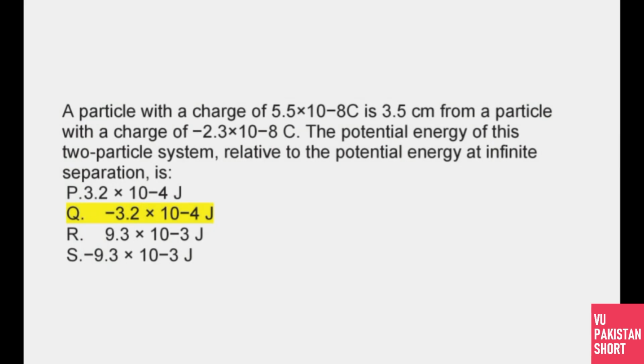अब a particle with a charge of 5.5 × 10^-8 C is at a distance from a particle with a charge of 3.2 × 10^-5 C. The potential energy of these two particle system, relative to the potential energy at infinite separation, तो कितनी होगी? वो होगी -3.2 × 10^-4 जूल्स की एनर्जी होगी।